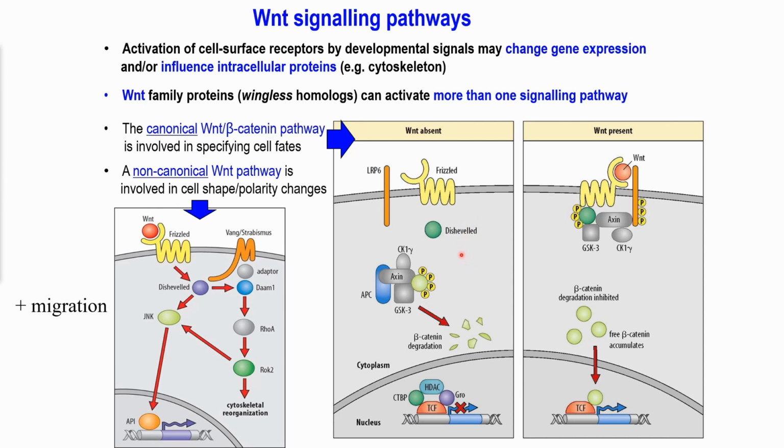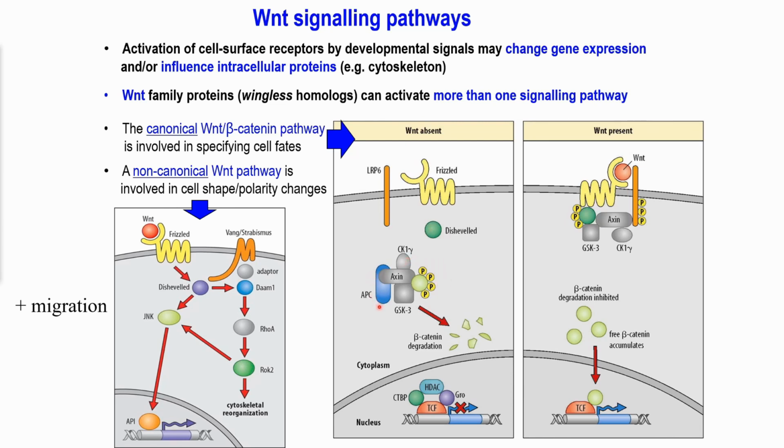And this pathway signals through beta-catenin. Beta-catenin is a protein that is found in adherens junctions at the lateral membrane of cells, but it's also in the cytoplasm, where it can act as a signaling molecule. And in the inactive case, when there's no Wnt signaling, the ligand is absent,